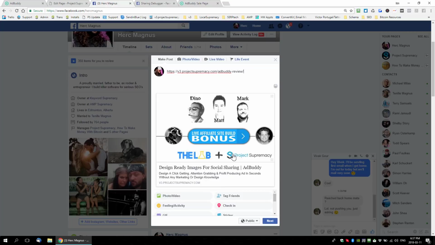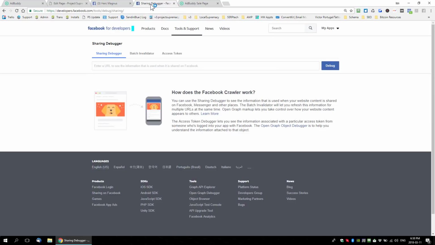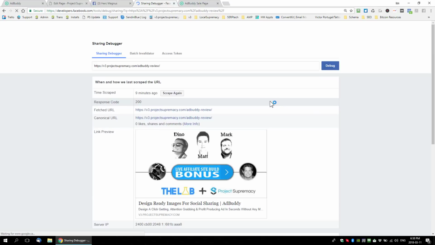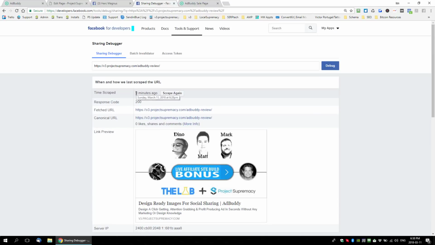So all we're going to have to do, okay, is go ahead and we're going to go to a tool called the Social Sharing Debugger. Okay, and that's developers.facebook.com/tools/debug/sharing. You can just Google Social Sharing Debugger, and this will come up. And what we'll do is we'll pop in the URL to our post or our page, and we're going to click on debug. Okay, and you can see the last time Facebook scraped this URL was 9 minutes ago,